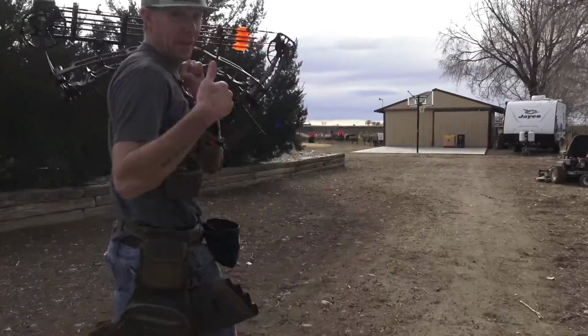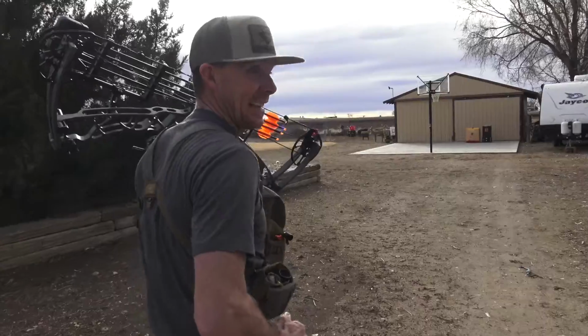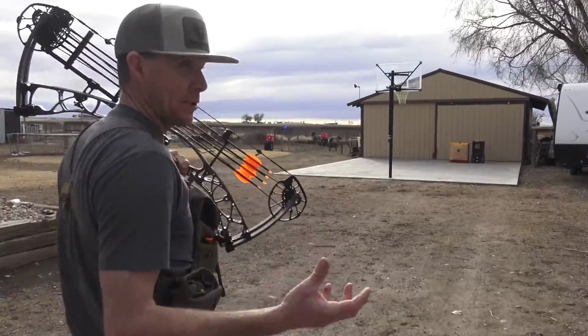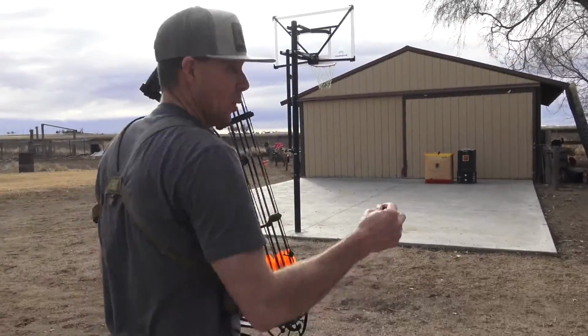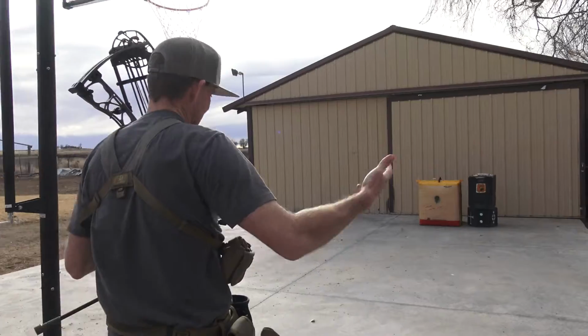Eventually I'll shoot these arrows a lot more and get even more confidence with them, and then really get them tuned to a setup with the bow that I'm shooting. And get that exactly right as far as just the tape basically, and then whether I need to tinker with the rest of the sight to eliminate that left and right. But here's a